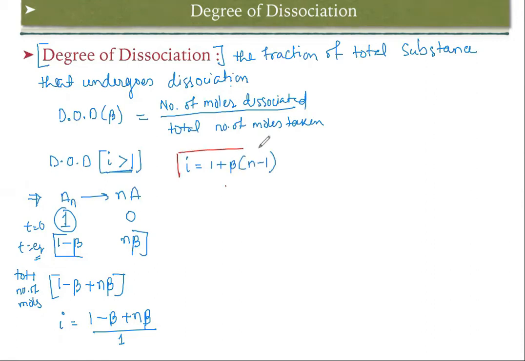So we need to remember this formula. So n we can easily calculate, how many moles are dissociated. Beta will be your percentage, so beta will be the degree of dissociation. This will be in terms of percentage. Now calculation of